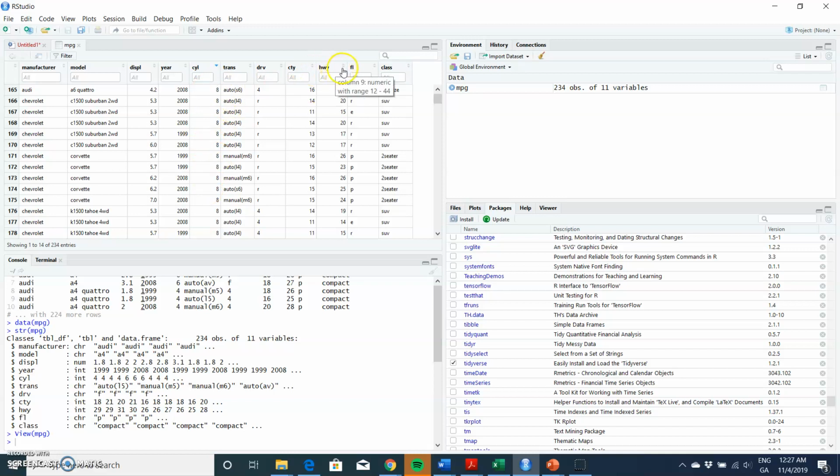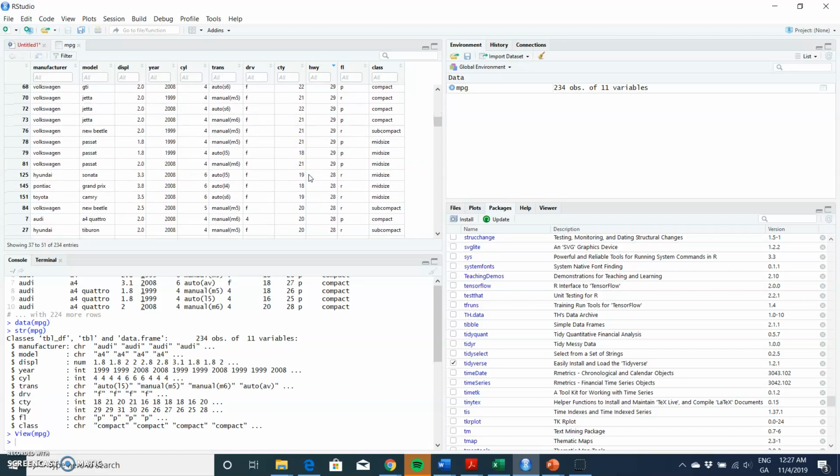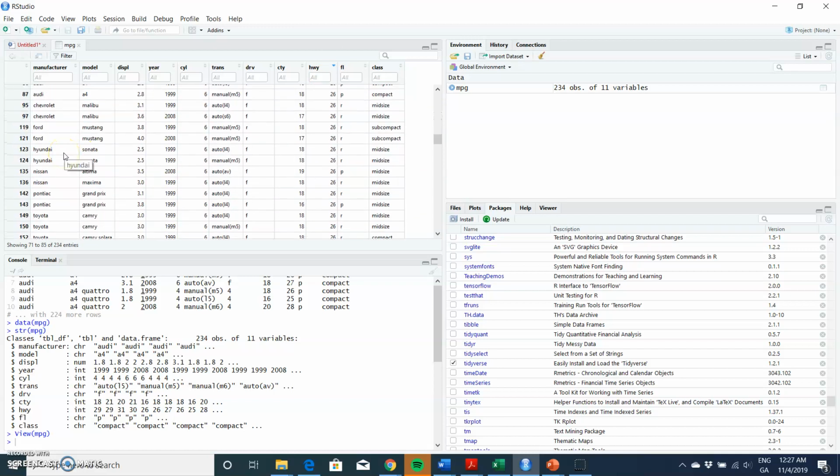In terms of fuel efficiency on the highway, minimum fuel efficiency is the Dodge Dakota pickup 4-wheel drive. It only gets 4 miles per gallon on the highway. In contrast, the Volkswagen Jetta gets 44 miles per gallon on the highway. And again, this is a useful way of